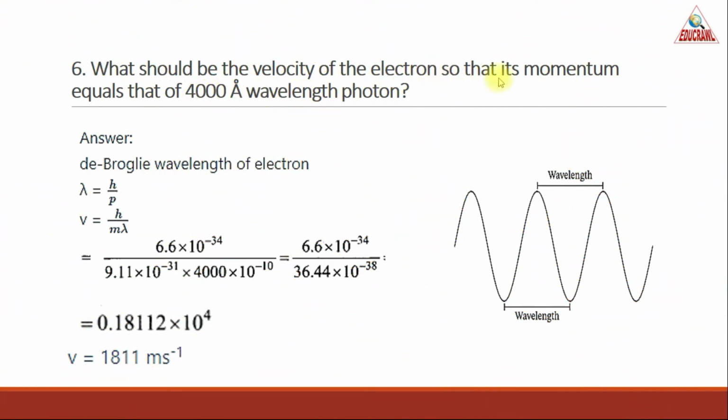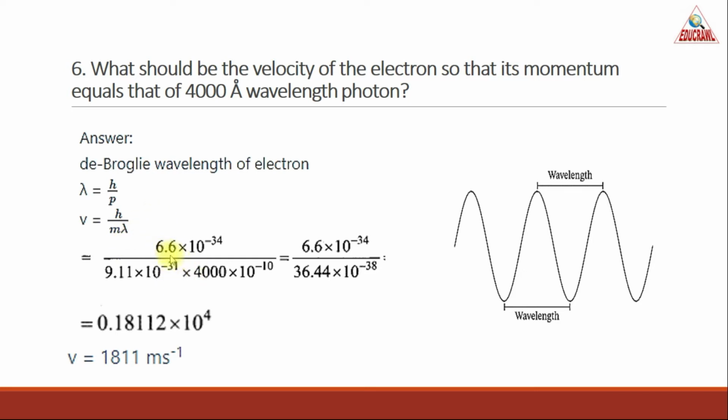Sixth problem. What should be the velocity of the electron so that its momentum is equal to that of a 4000 Armstrong wavelength photon? We are supposed to find the velocity of the electron. We know the formula for de Broglie wavelength of electron is lambda is equal to h by p, where p is equal to mv. So when you substitute mv instead of p, you get v is equal to h by